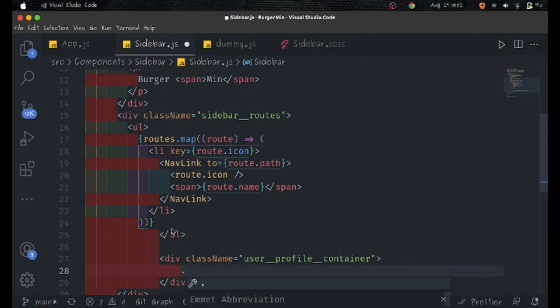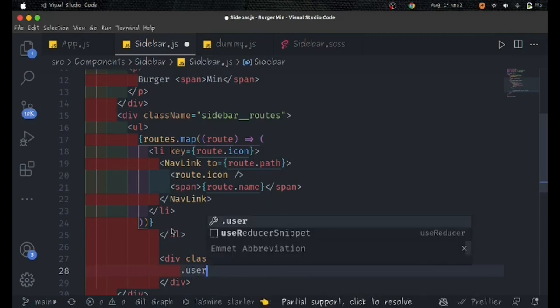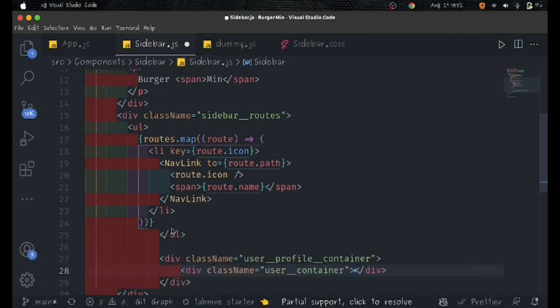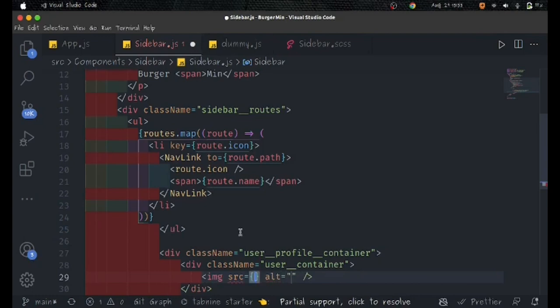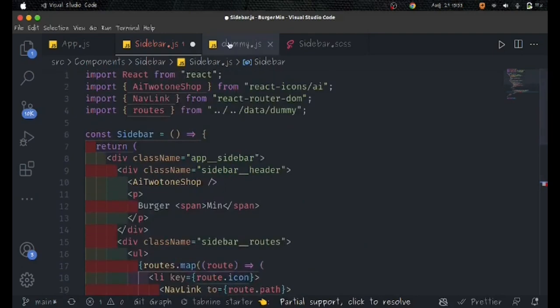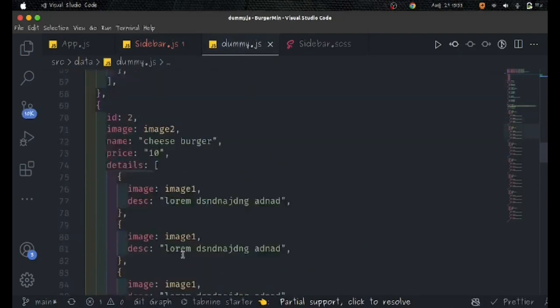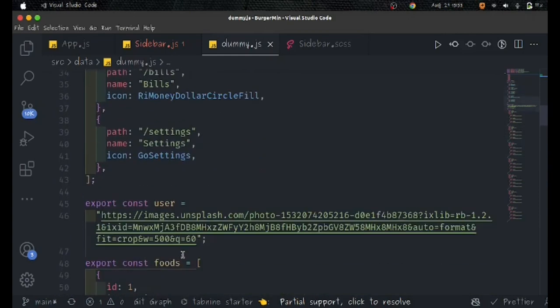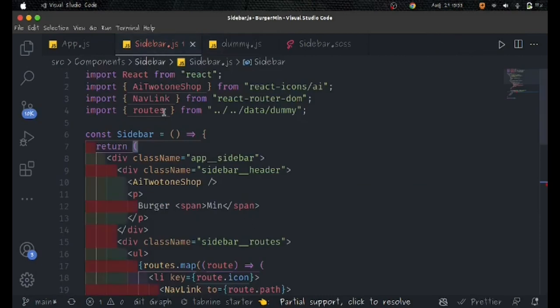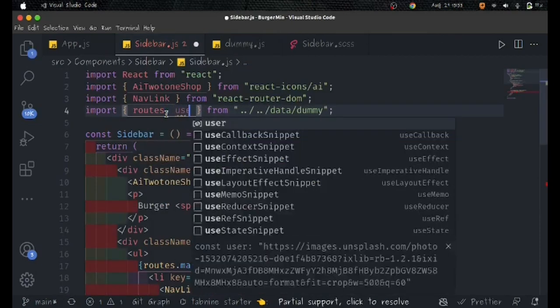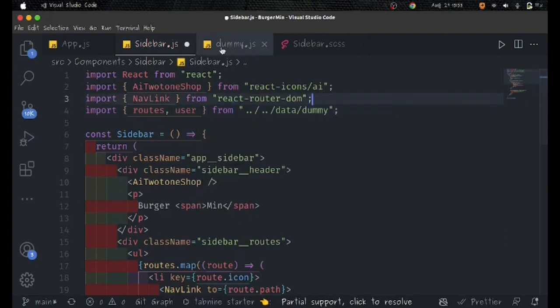And inside of it I'm going to have a user container like this. Then inside of it I'm going to have an image that is going to be our user. Remember, we have also our user just below this, which is this user that I told you from the beginning that we took from Unsplash. So in here I'm just going to say user like this,